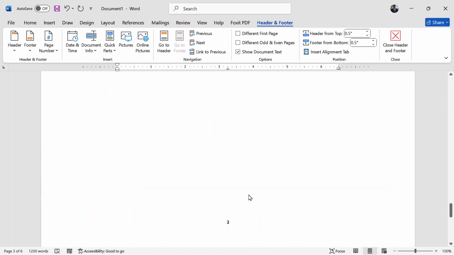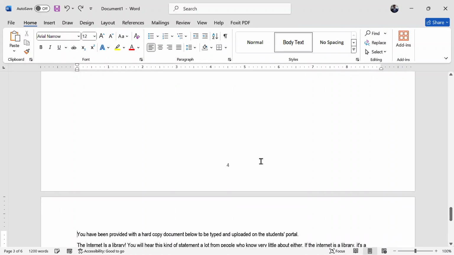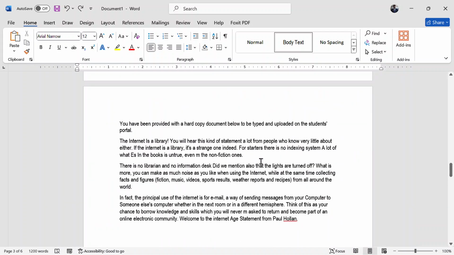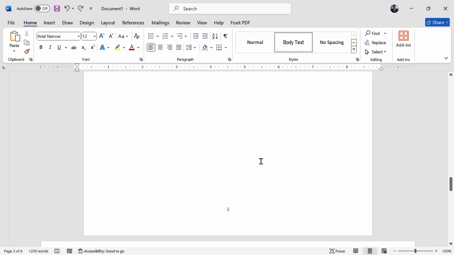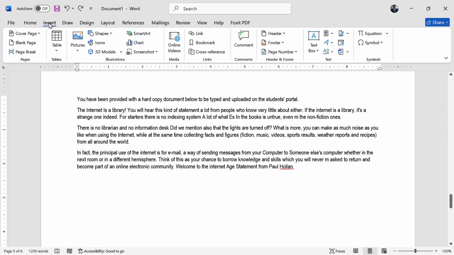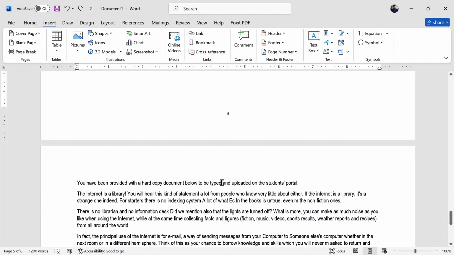I'll put it in a different section. Let me repeat this. I've actually selected a wrong section. I wanted this to be 2, 3. Yes, that is right, but I wanted this. Let me put my cursor there. So I go to page numbers. Actually here there are already page numbers there. I'm just going to format page numbers.